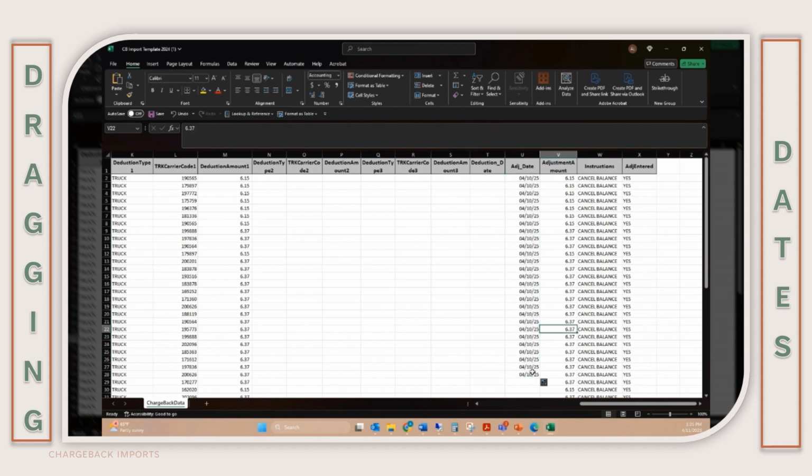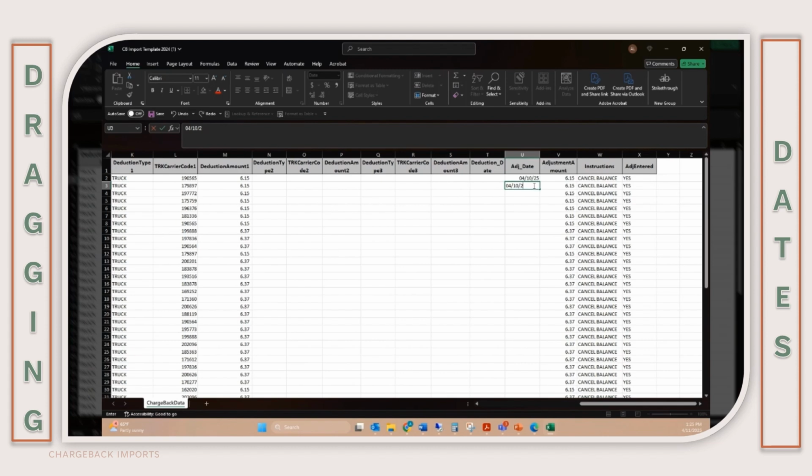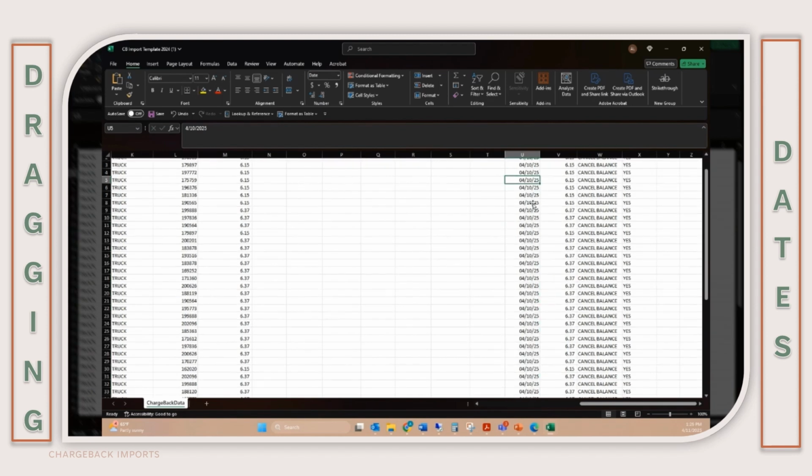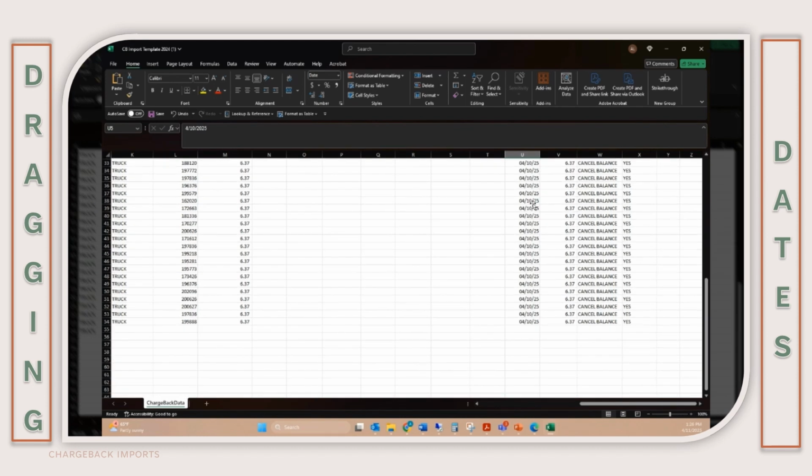We also could do it another way. Once you have your first date typed, you can type in your second date again. You can come down to that second row and you can hold down your Control Shift and hit your down arrow key and it will copy and paste all the information to all your rows on your import sheet. So you always want to make sure you have the correct dates listed